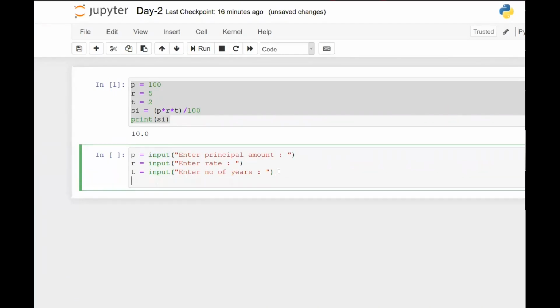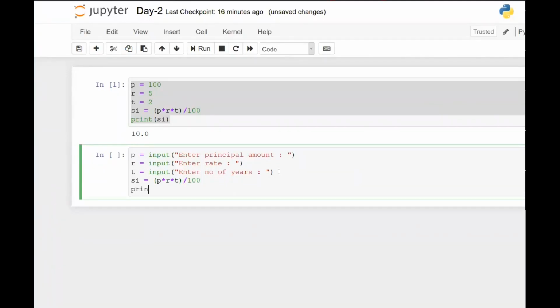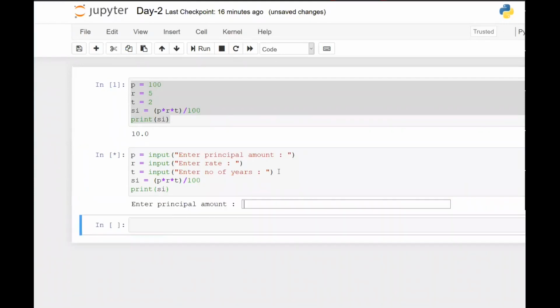Now I will take another variable SI equals, and I will do the same calculation. P multiplied by R multiplied by T, whole divided by 100, and then print SI, right? Now let me just run this code.